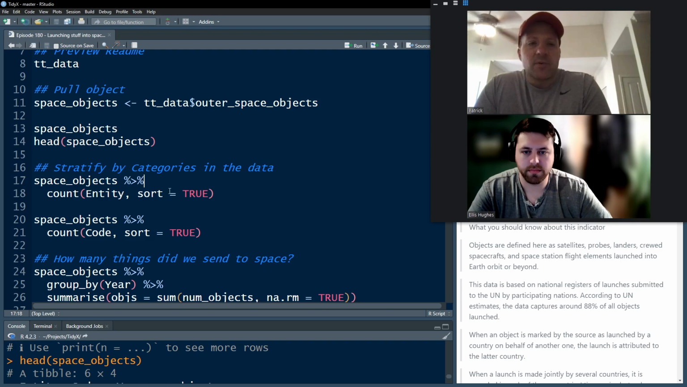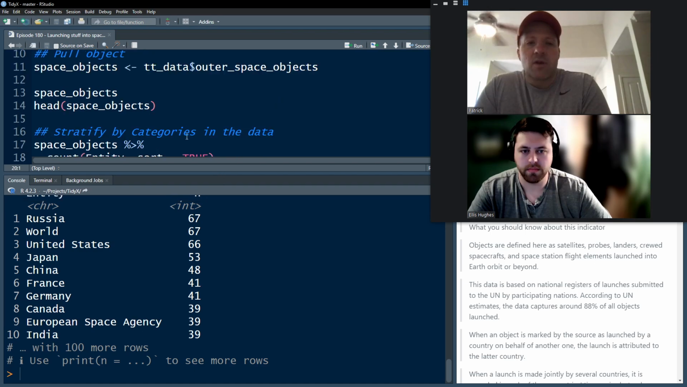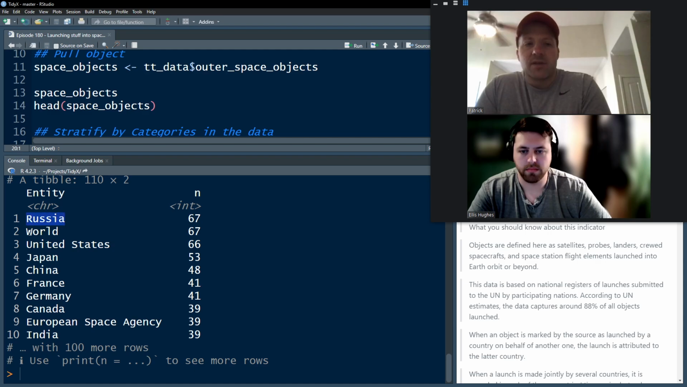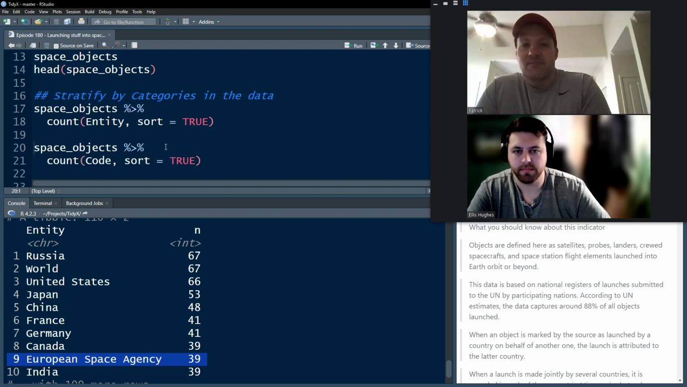So starting with a simple count. We're taking the object and we're just counting how many times across 1962 to the present each entity, or in this case, we can see their country names, and there's the world. Each entity is represented. So no shockers, Russia and the United States make up the biggest contribution here, and then Japan and China slowly behind. And there we see the European Space Agency checking in at number 9 with 39 years worth of things being